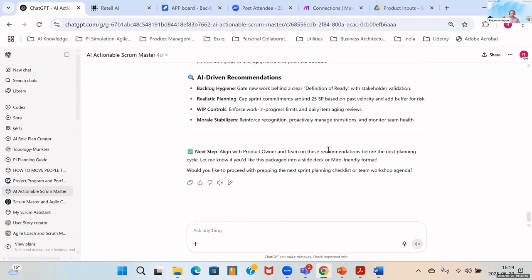So that was another use case that I wanted to show you: how you can leverage your custom GPTs to act as a coach and generate your sprint summary reports. So these were two use cases I wanted to show. Some more use cases I am now going to walk you through.